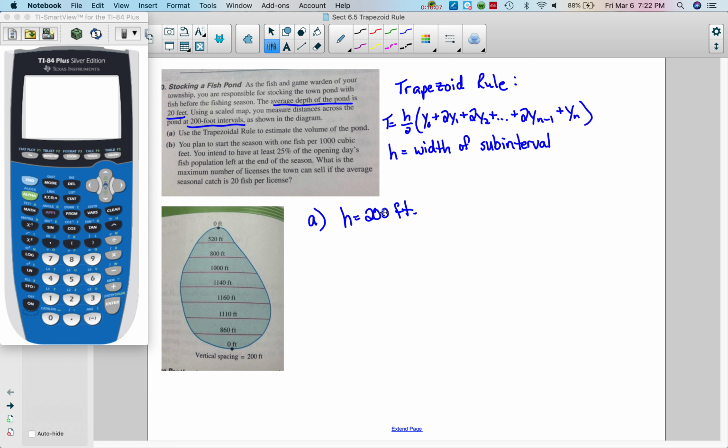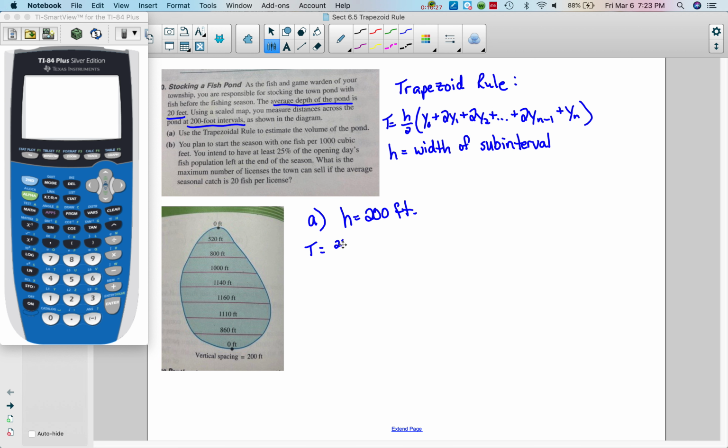Now in this case, interestingly enough, it's 0. So you can't ignore that. You can't use 520 as the first measurement because then you would not be counting this piece at all. Same thing would be true down here. So to find the area using the trapezoid rule,